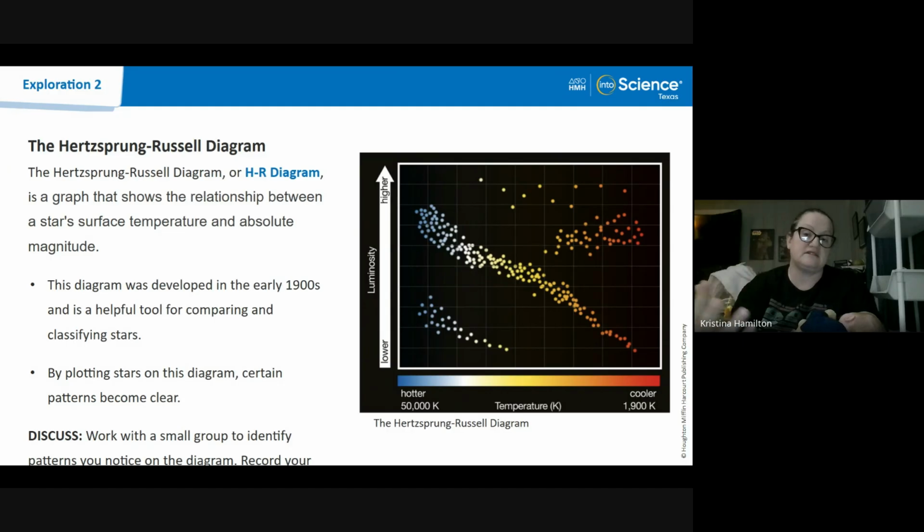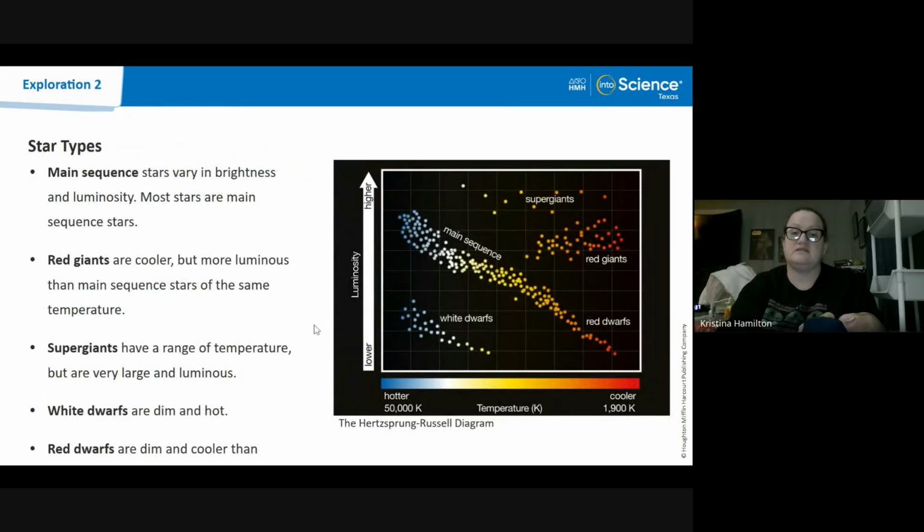Now you would be asked to read the diagram, like which one is the hottest and dimmest stars, and you're going to be able to go down here. We're going to label them as main sequence, supergiants, red dwarfs, and white dwarfs. So our main sequence stars, those are just the main stars we normally have. They vary in brightness, and most stars are these kinds of stars because they're in the main part of their